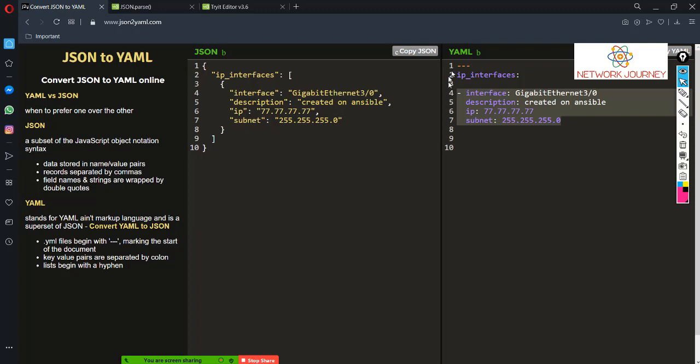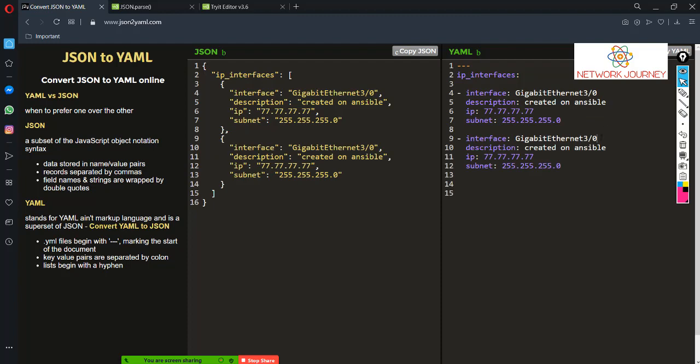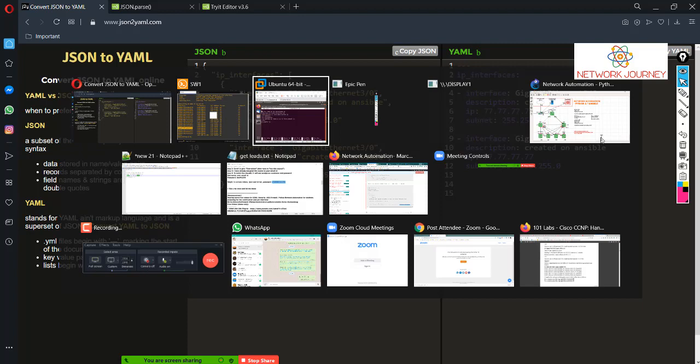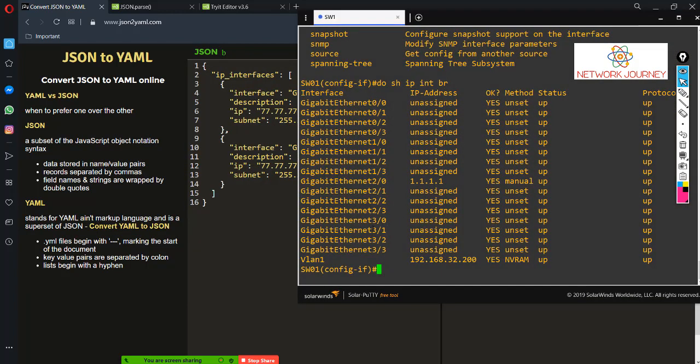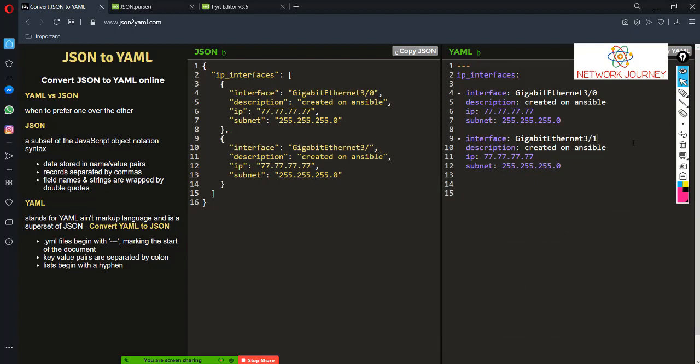YML is a little bit okay. The same thing, you just copy paste, you just change to whatever different interface that you've been assigned. You have 3/1, 3/2, 3/3, right? So you can change 3/1, and change the IP. Of course, you change this to 78.78.78.78. Same things, copy paste.